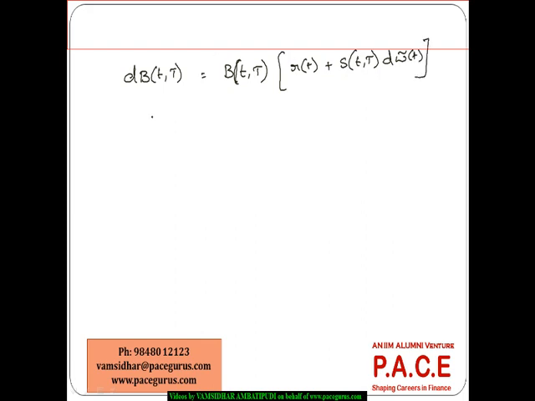From here, if I really want the bond price B, I'm simply looking at the expected value of